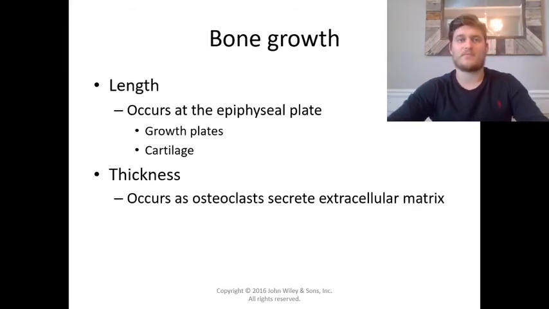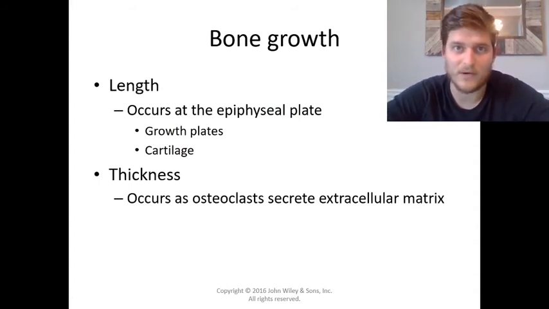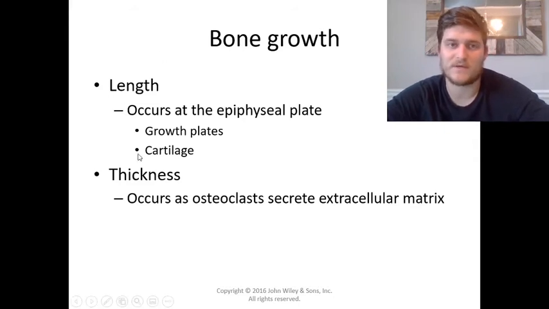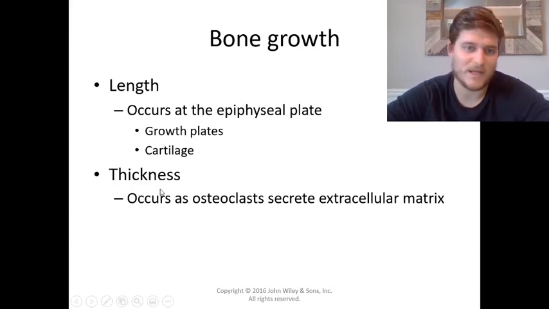An outcome of producing more growth hormone is going to be the growth of our bones. This occurs especially during puberty, when we see growth spurts and people shoot up in height. Bone length will increase at a place called the epiphyseal plate, or the growth plates. But bone thickness can be changed by many different factors and can be influenced at any age.